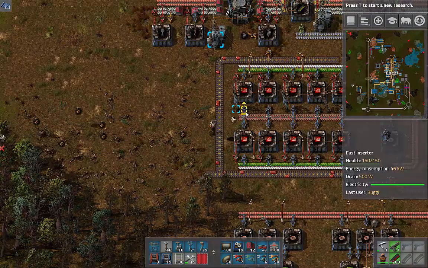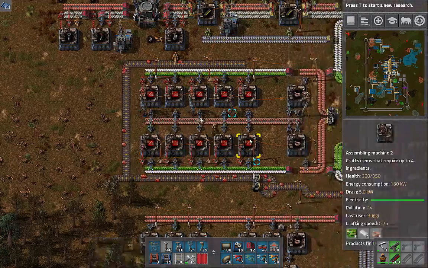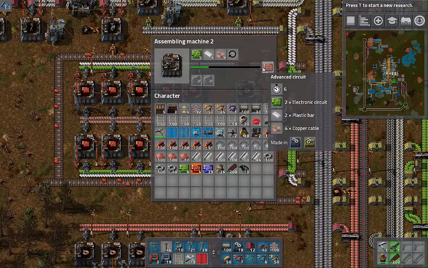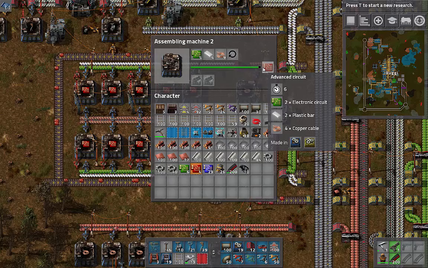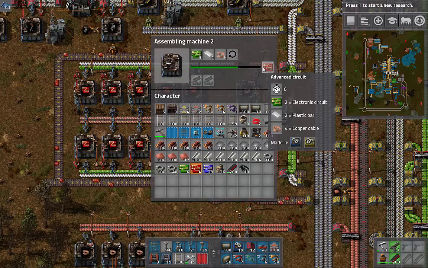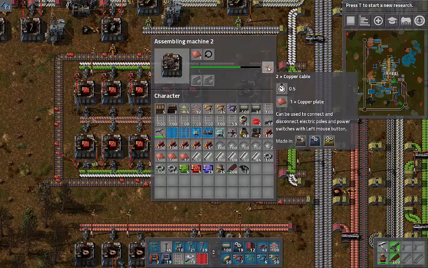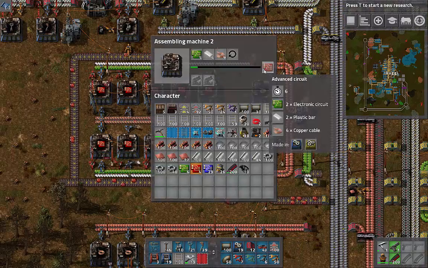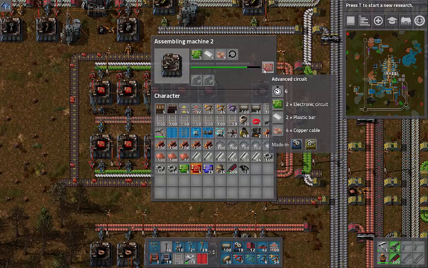And I'm going to expand this out. This is 1, 2, 3... 1, 2, 3, 4, 5. So this is 10. These craft 4 copper cable every 6 seconds, and in 6 seconds I'm able to make 12. Is that right? And that's enough for 3 of these. Really? How does that math work? 6 seconds, and I need 4. So that is less than...